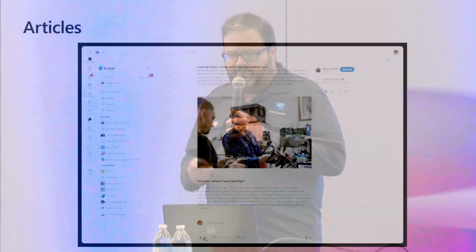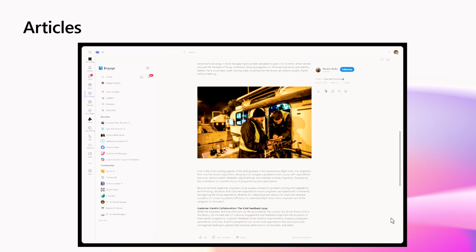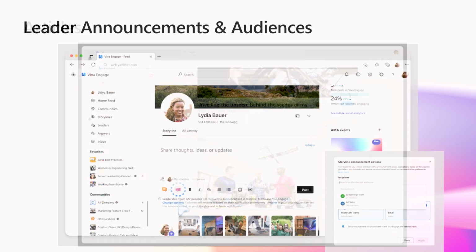And they're visually distinctive with article headers and section titles and can be made as storyline or community posts. With articles plus storyline together, you effectively have a blog that leaders and employees can use to share their vision, knowledge, and experiences. Using leader announcements on Storyline, you can reach your organization in Teams, Outlook, and Engage.